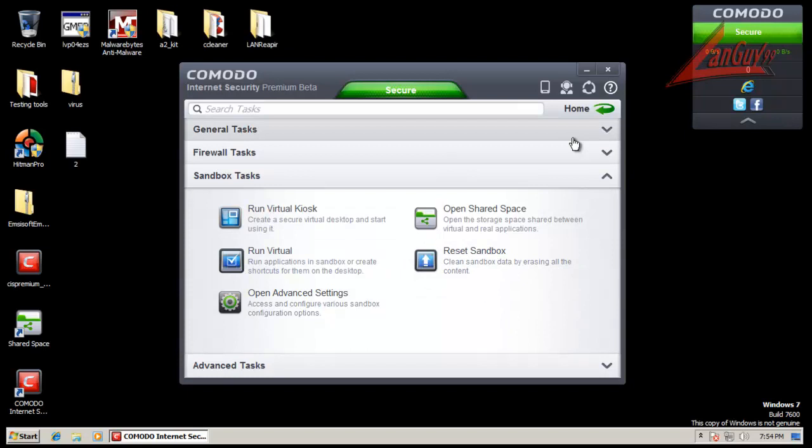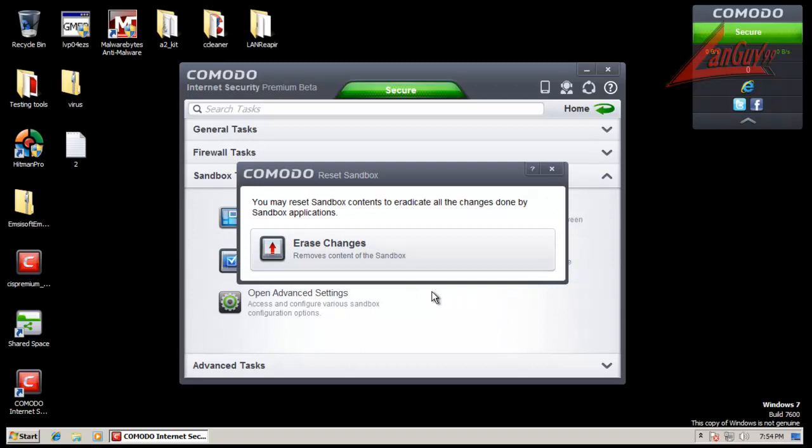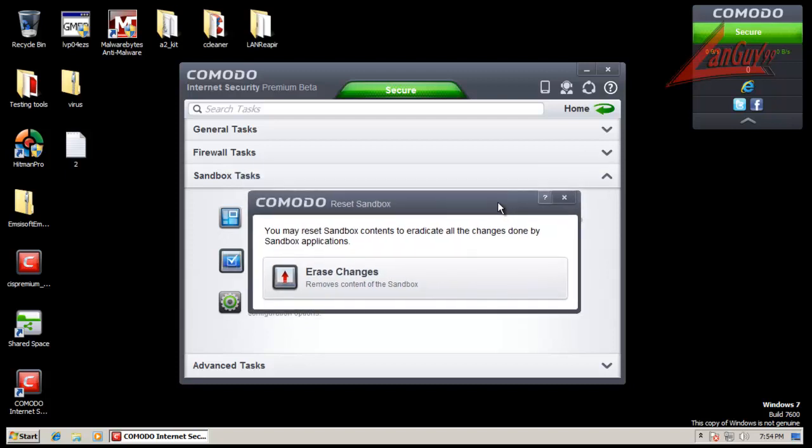The fully virtualized sandbox does not have an automatic reset right now. So if you use Kiosk or if you use Internet Explorer, everything will be saved in the sandbox until you hit reset sandbox. Now the make permanent thing has been removed, I'm pretty sure, because it's kind of a dangerous thing, I personally think. So if, let's say, you go to a website and you install some program that is